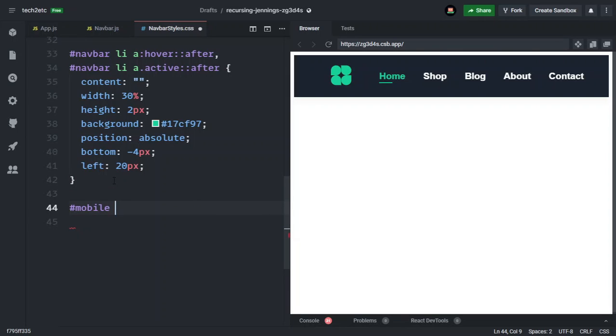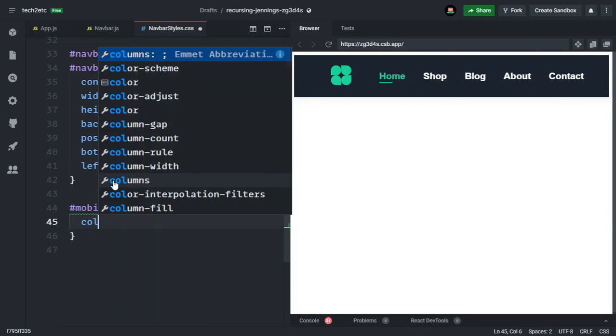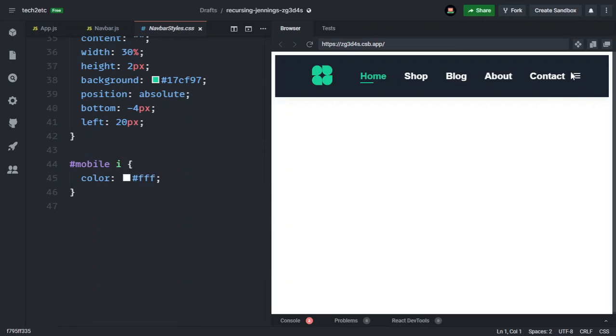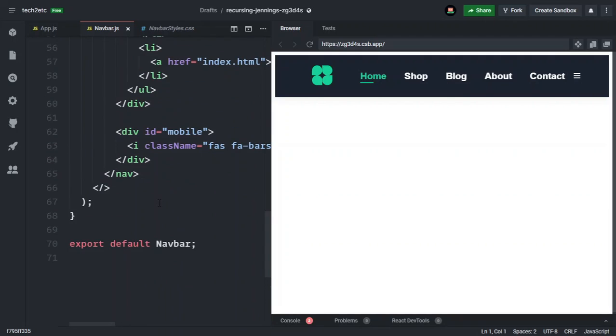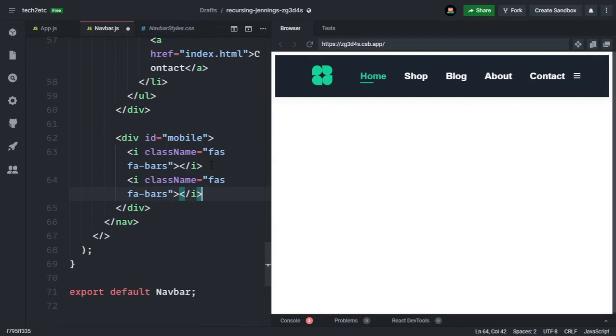Then we have to target our icons, and here we have to add a color, and then the color will be white. So after these bars, I want another icon for our close icon. What we have to do is simply copy this I tag and then paste it here, and this time